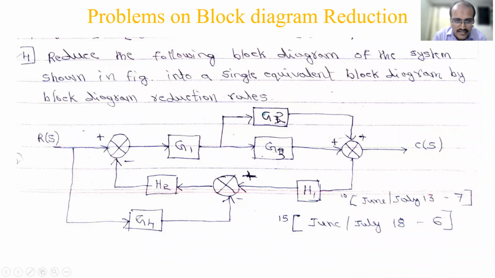Even you can write the algebraic equation. See here, it is minus G4 and this is plus H1. Okay, you write it down, I have shown you yesterday. So minus G4 it is, and this is plus H1, coming from the feedback path. And for these two blocks, the common thing here is H2, so that will come over here. Okay, so I hope you understand. The summing point will act like this.